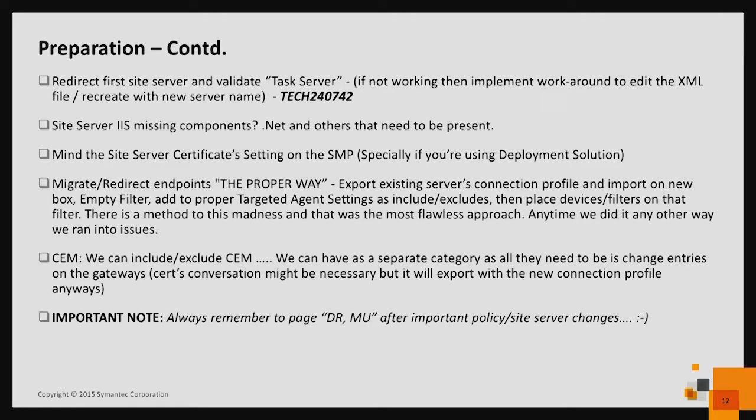We've seen migrations where people go to targeted agent settings, right? And they start adding machines to a new target agent settings to redirect. That's how you do it, most likely. And then once they do that, they add specific machines to that, and then they come back and say, oh yeah, but I'm going to exclude them from this target agent settings. At that point, that second setting could have gone out, right, if you had it turned on,